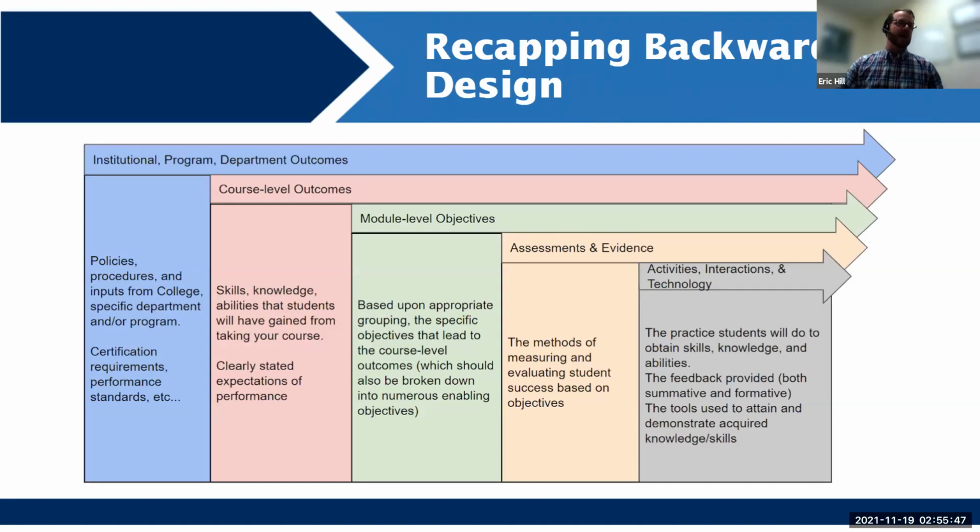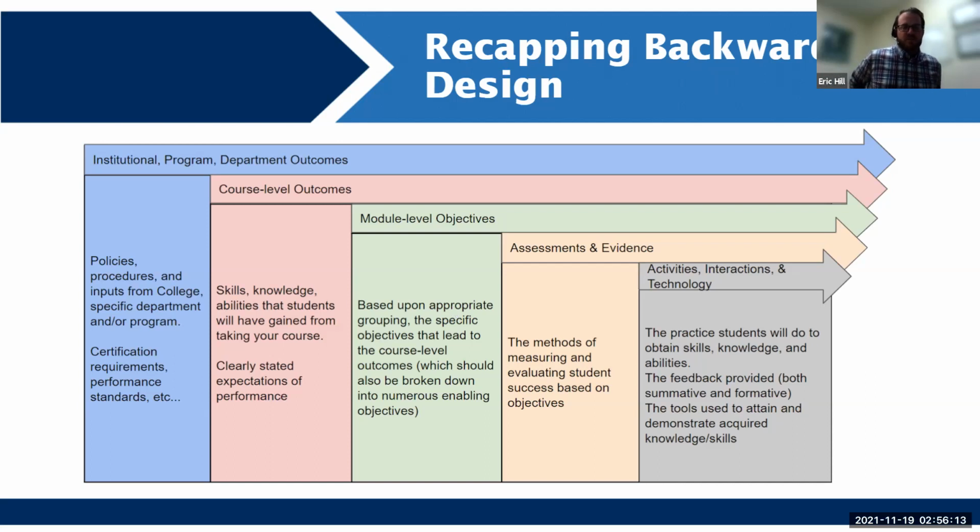Here's another way to look at backwards design. We may have institutional and program outcomes we need to pay attention to, but I'm going to jump right to our course level outcomes. The skills, knowledge, and abilities that students will have gained from taking your course. There are clearly stated expectations of performance. And our 5 to 8 course level objectives feed, if you will, or drive, guide all of the module level